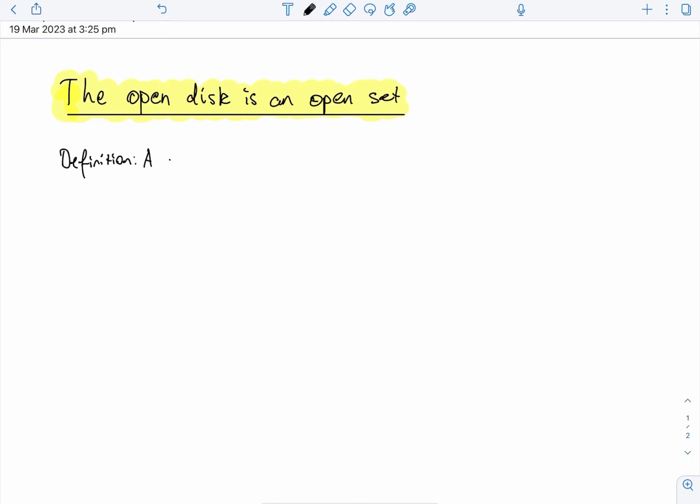So set S is called an open set if it is either, so one of two things. The less interesting condition is if it is empty. So if it is either empty or if given